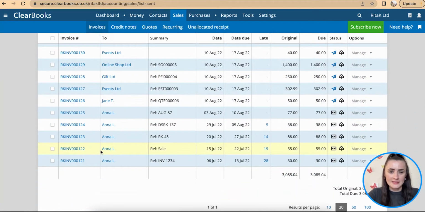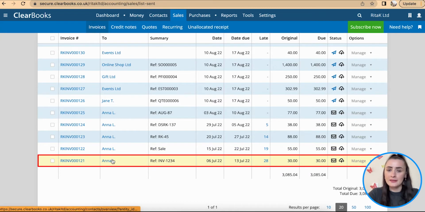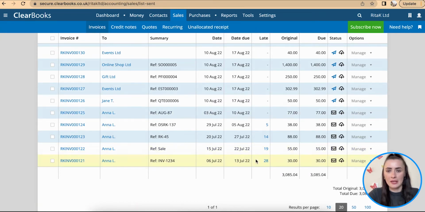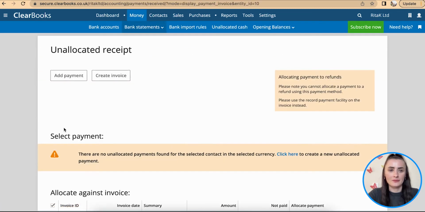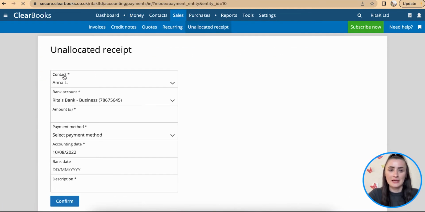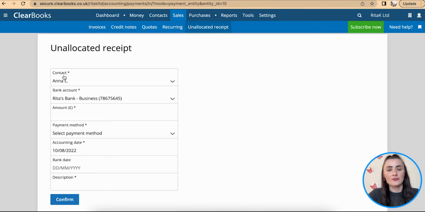And I can see that there are Anna L's invoices quite late for payment. So to mark this invoice as paid, because she has paid me, I can click on manage and click on payment. From here, click add payment, and we will need to provide details for